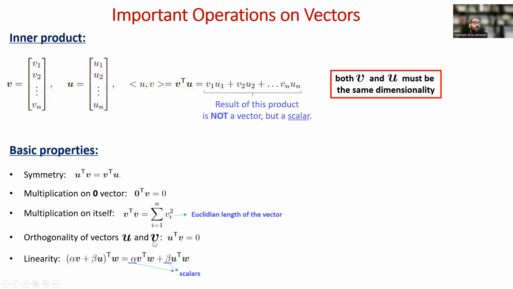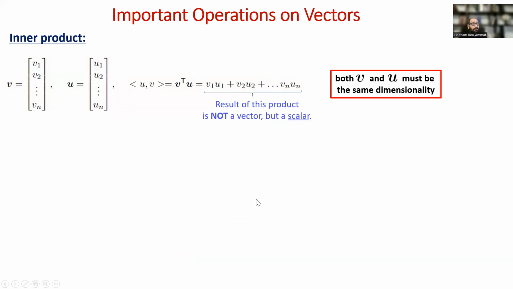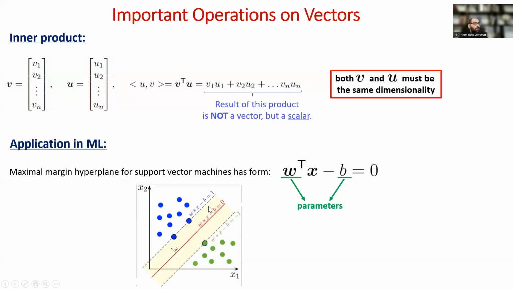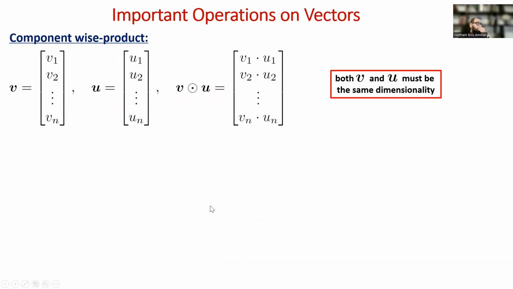If the vectors are orthogonal, you get 0. And it's also a linear operator. And then we took some example to do that. Now, there's another important operation which I think is used on vectors a lot in machine learning, which is what